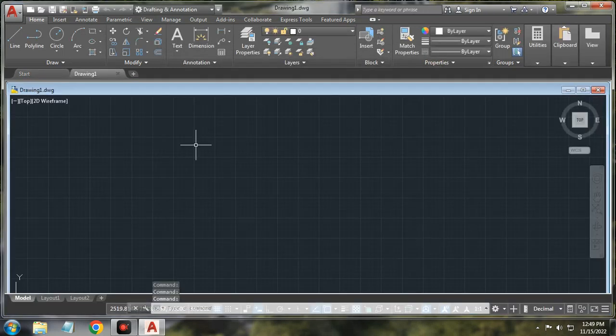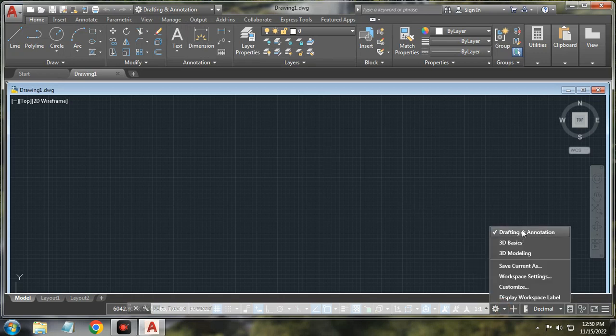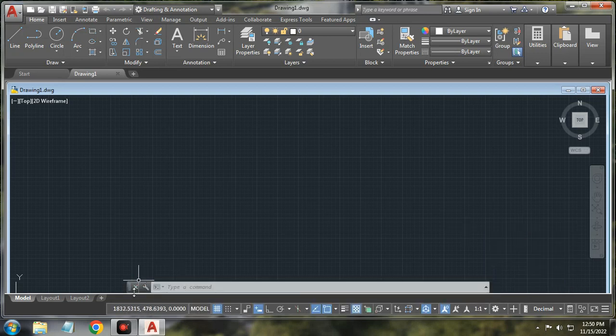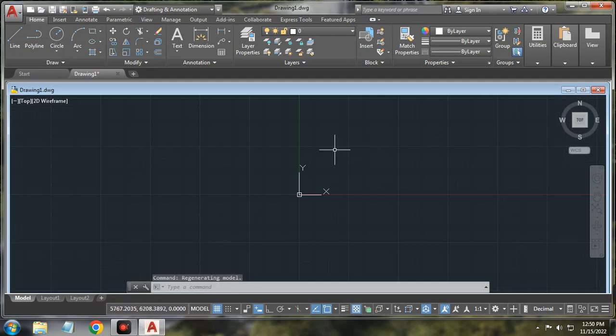This is our new Windows layout, and these are the different things you have. Suppose you cannot find text or any other thing, you have to click this workspace settings and make sure that it is in Drafting and Annotation. Compulsorily it should be in Drafting and Annotation. You can move your command bar here. This is a workspace layout, an infinite workspace layout, so you have to make it